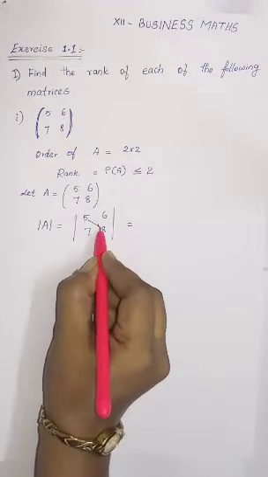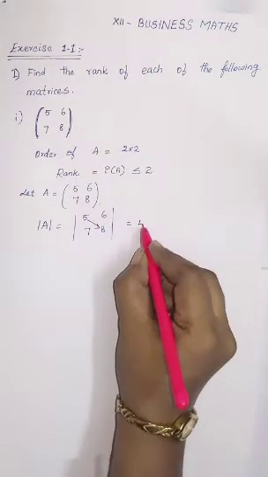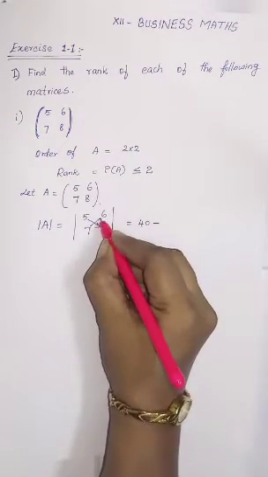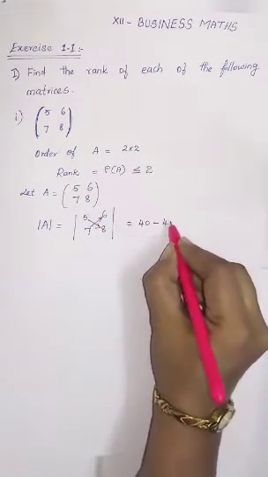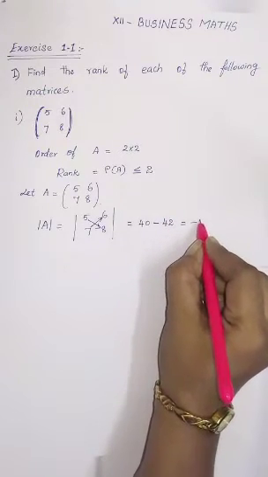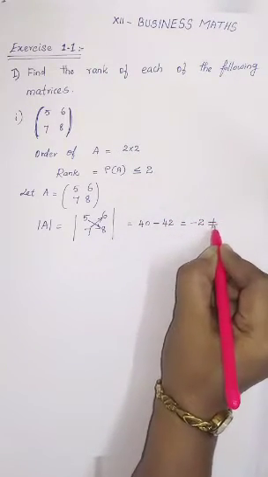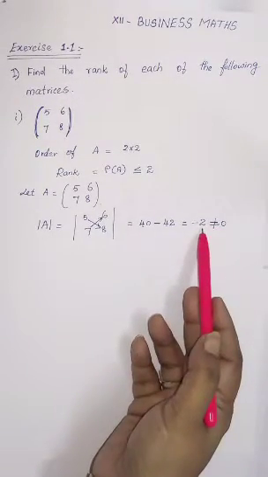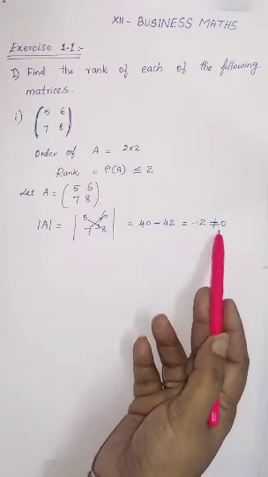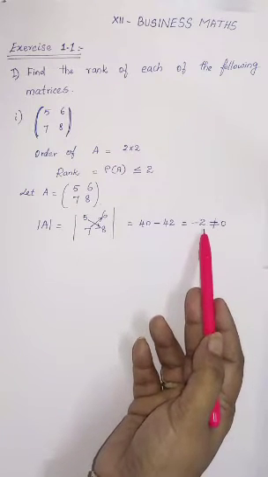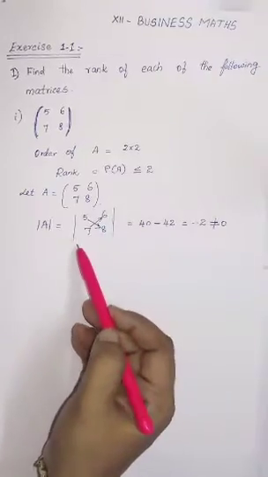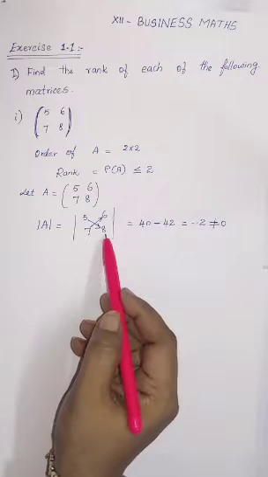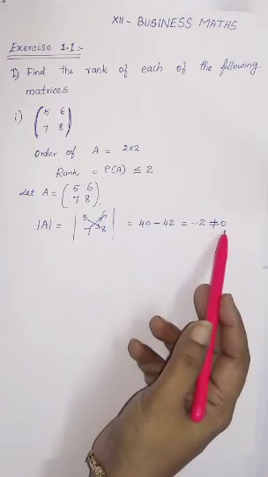Just multiply the main diagonal elements. 5 8s are 40, you will have an inbuilt minus. Then 7 6s are 42. So 40 minus 42 will have minus 2 which is not equal to 0. So for the rank, we should have some number, either positive or negative, it should not be equal to 0. Then if you have that, whichever matrix it is, then you can declare that as the rank. So for the 2 by 2 matrix we are getting the answer as minus 2 which is not equal to 0.